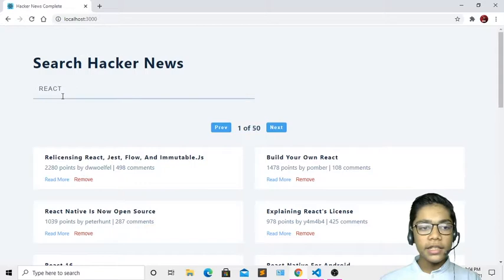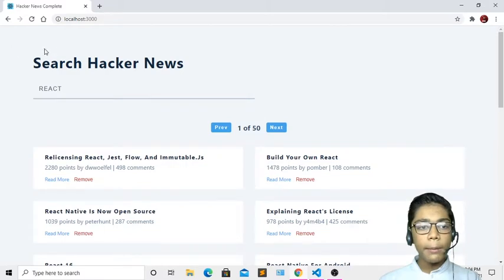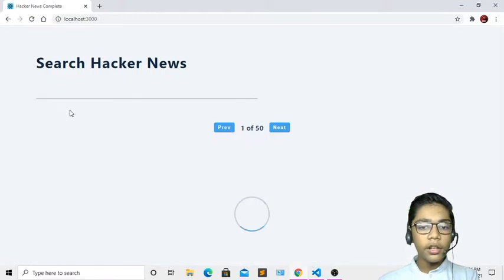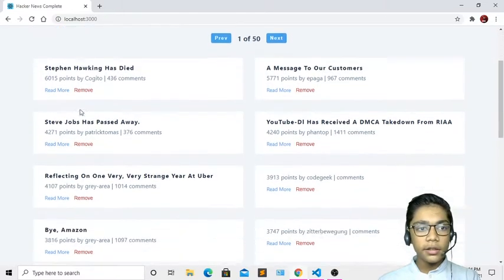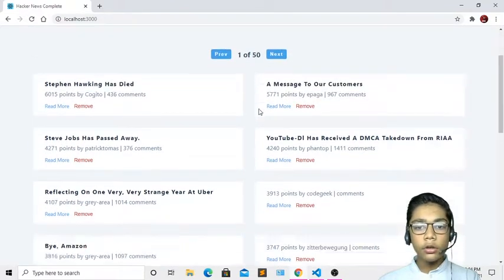Now over here you can see we have just built this Hacker News complete project in React.js. You can see how beautiful it is looking. First of all, you can see in the background there is a whitish color, and we are also getting a heading which says Search Hacker News. So over here you can search your own Hacker News, but it should be just the news which is in this news app which you have made. And you can see we have 50 pages of news which we have made.